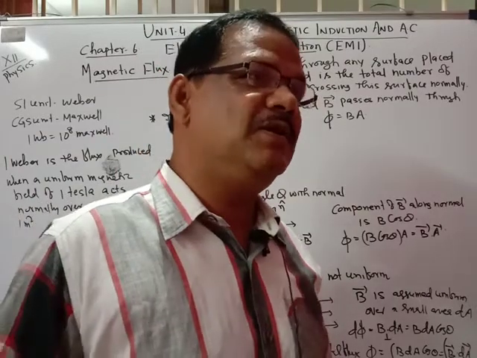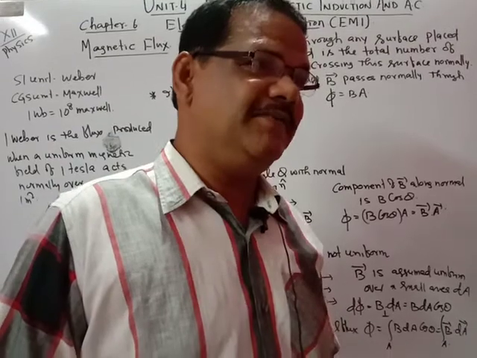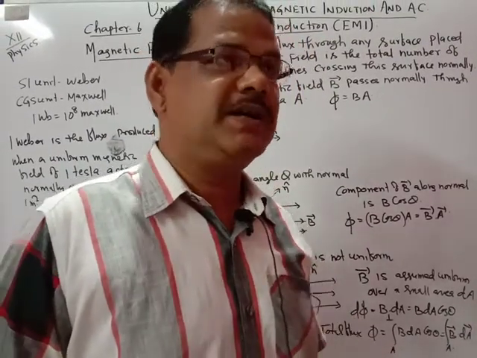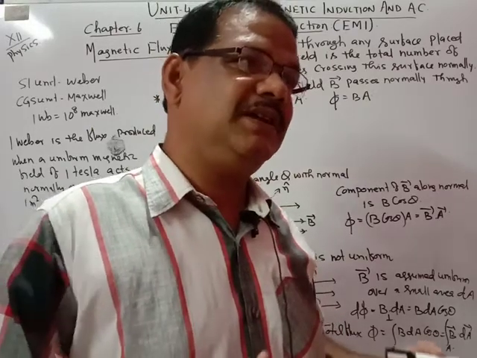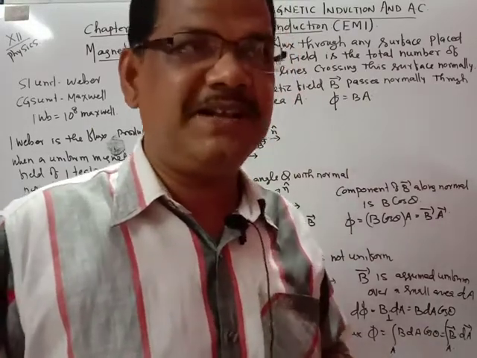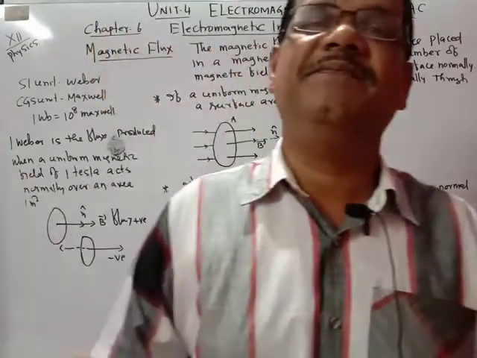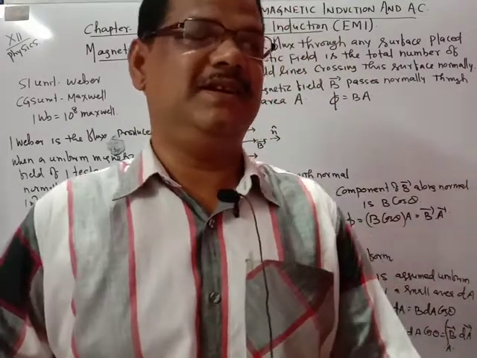If the magnetic field is changed, then how can you produce an electric field? In the previous chapter we already learned that when current passes through a conductor, a magnetic field is produced. With the help of electric current we produce a magnetic field. Here, with the help of a varying or changing magnetic field, we can produce electric current, just the reverse method.